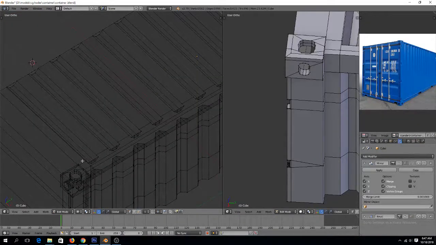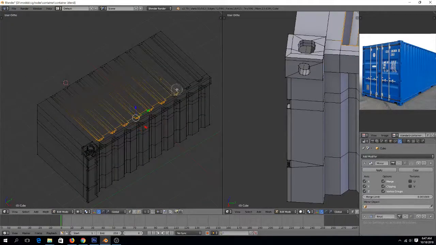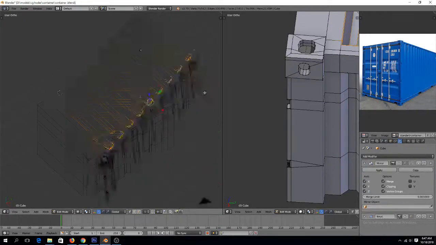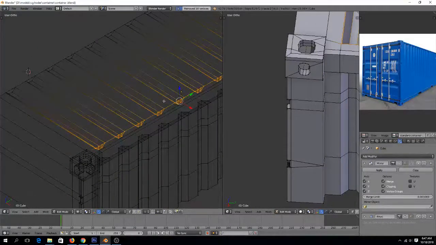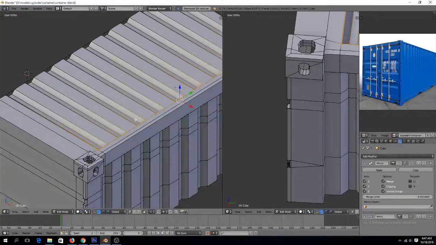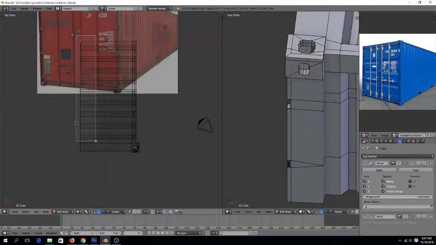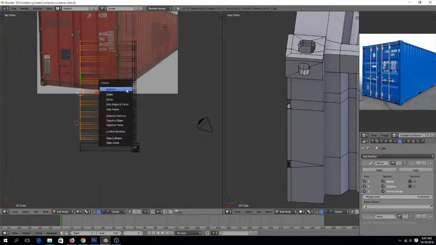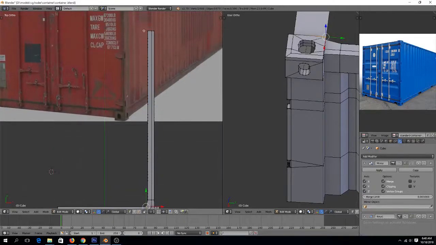So what we can do is select the vertices here, scale them in the x-axis, so that is just one loop like that, and then remove any doubles, and we can delete the vertices here, and then select this entire loop,